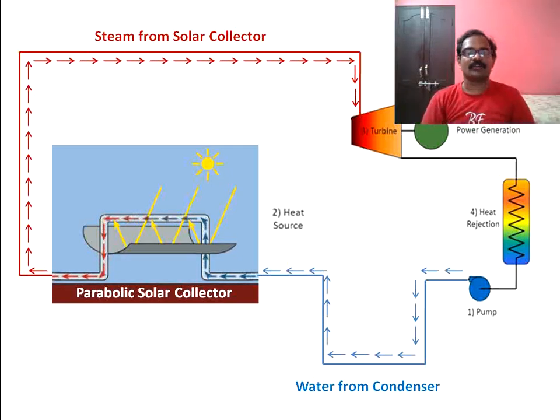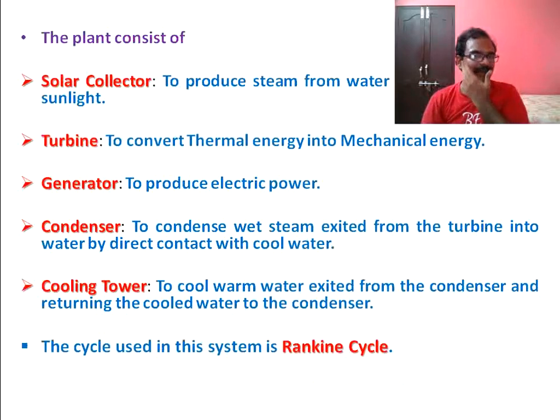That is the concept of a solar parabolic trough collector. It is how it will generate the power. So it consists of different parts like the solar collector to produce the steam from water by utilizing the solar energy, the turbine to convert the thermal energy of the steam into mechanical energy, the generator to convert this mechanical energy into electrical power, and the condenser to condense the wet steam exited from the turbine into water by direct contact